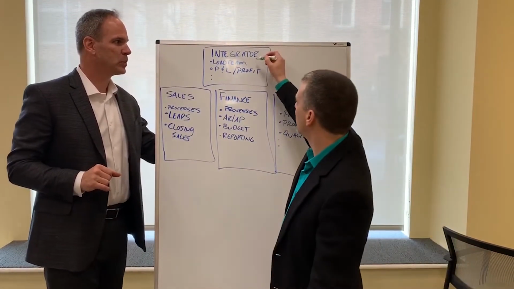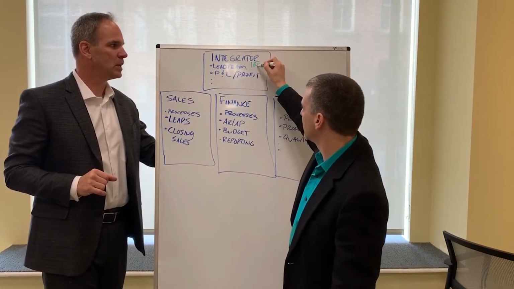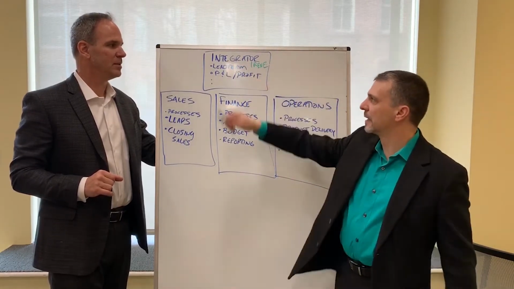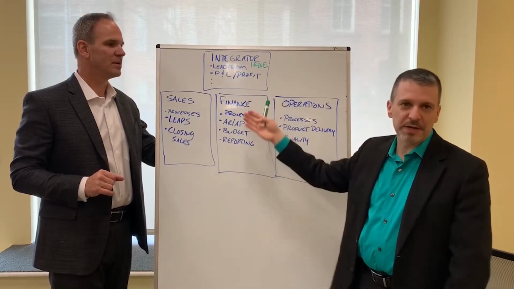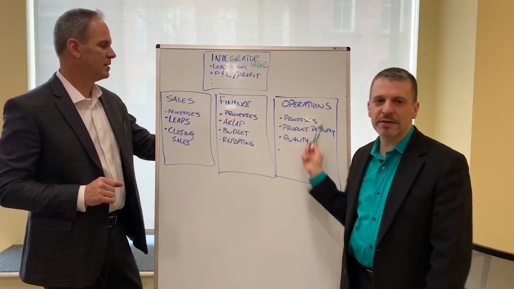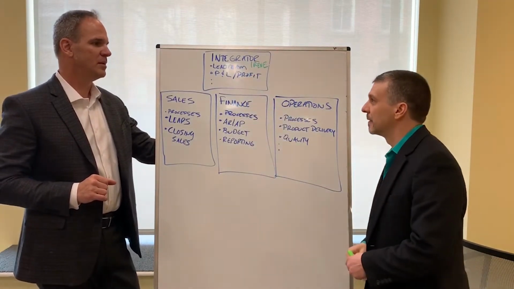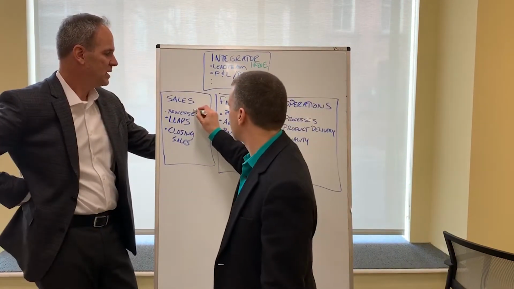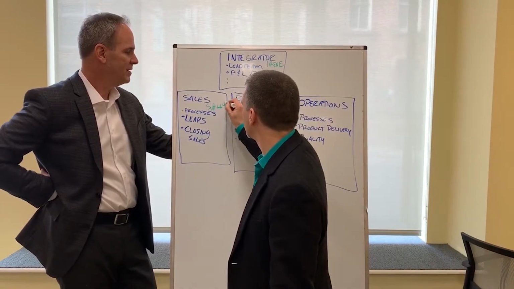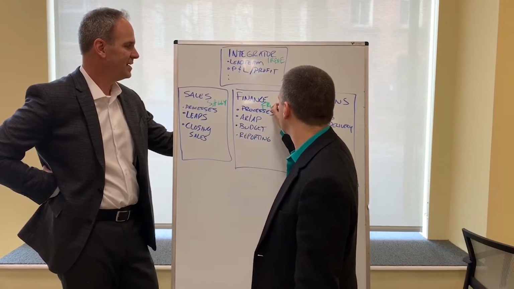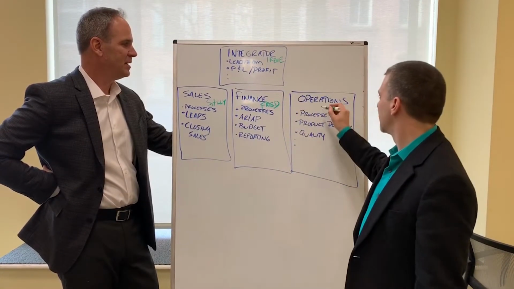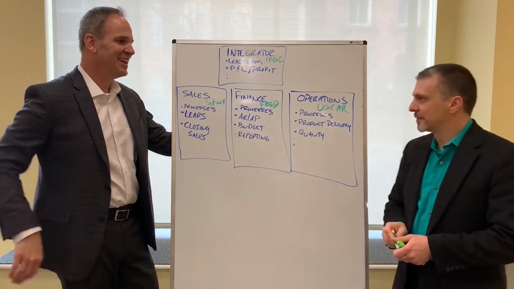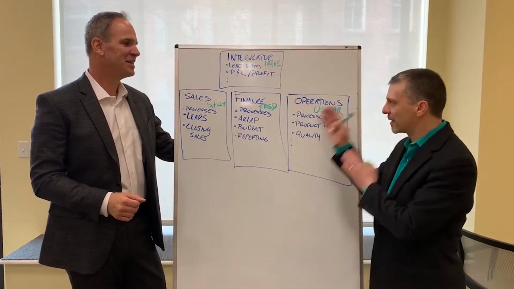Well, we know we want Irene to run the place, so Irene the integrator, responsible for leading, and one of the key things among many other bullets is profit. Is everything coming together to make profit? Let's just throw some names on here. So who else do we have? We'll put Sally for sales. Stay with the alliteration. We've got Fred for finance. And then Oscar, let's do Oscar for operations. So those are the people on the bench, putting them in the roles now.